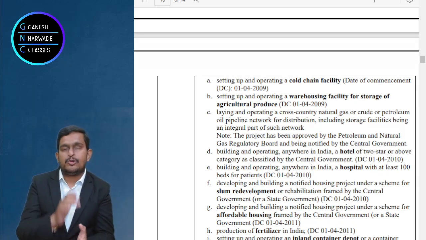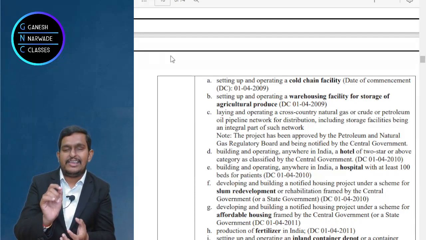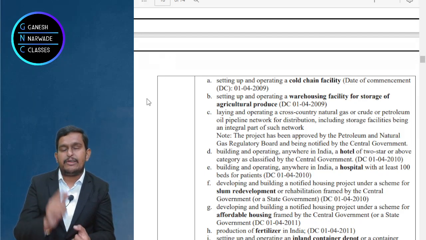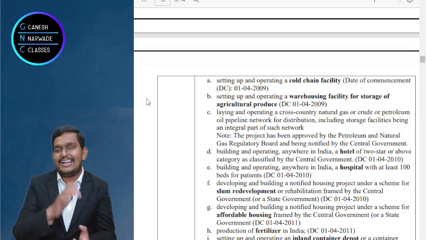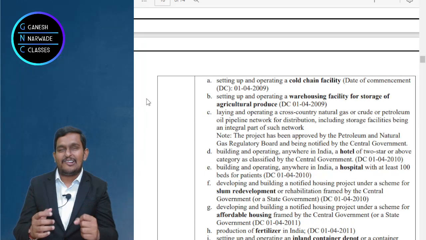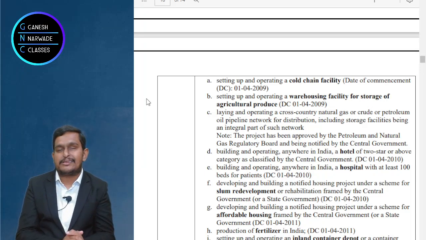Income tax also gives certain benefits to these specified businesses under section 35AD. What are they? 14 items are there. Let me quickly tell you the names. Just try to remember all those names with me. Like a school kid, you have to shout it out loud to remember this. That would be the best practice.